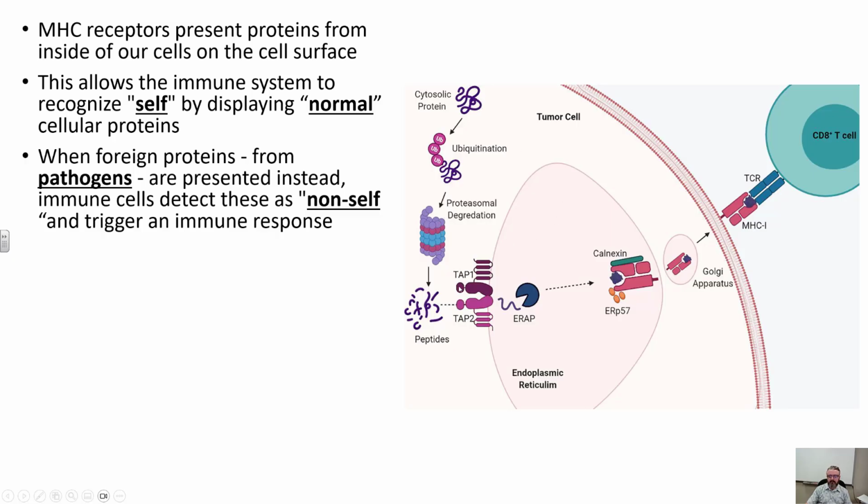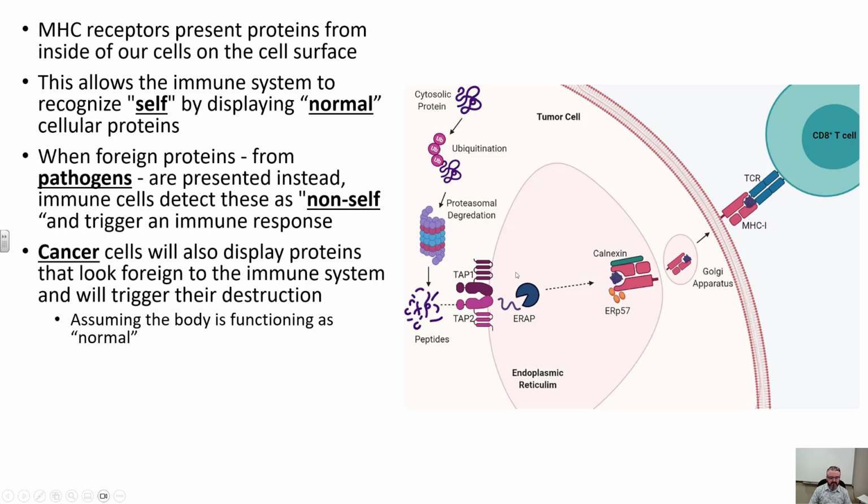If a virus particle is picked up and displayed on the cell, the T cell will see that particle as being foreign and recognize that the cell is being infected. So you have this very interesting process by which the cell is sampling and displaying and determining over time normal versus abnormal. So any protein that's not part of the cell that gets displayed is going to be